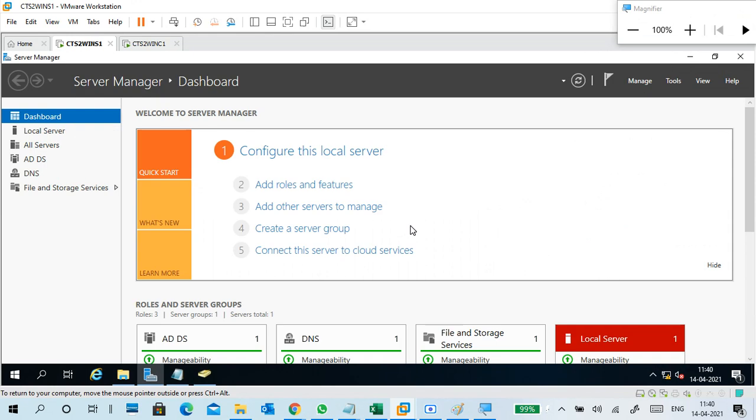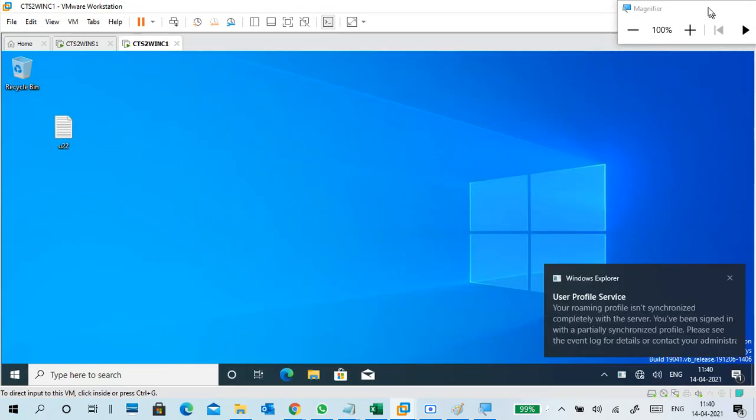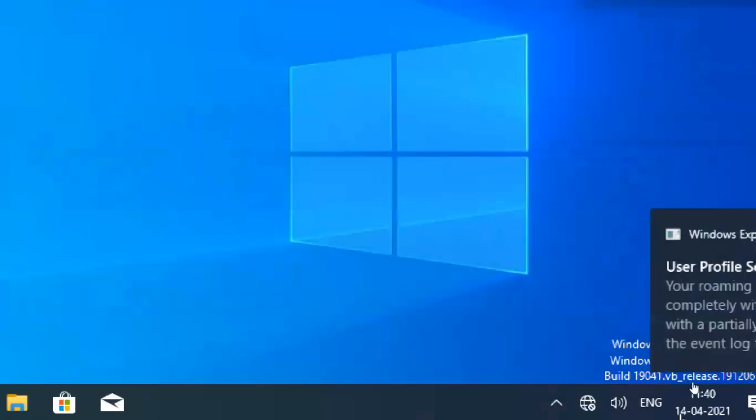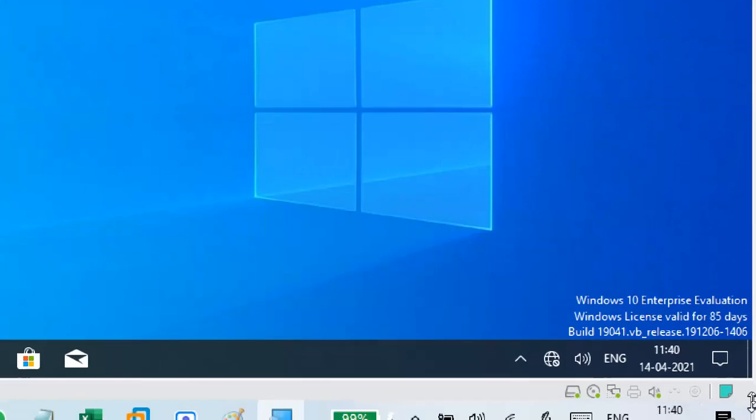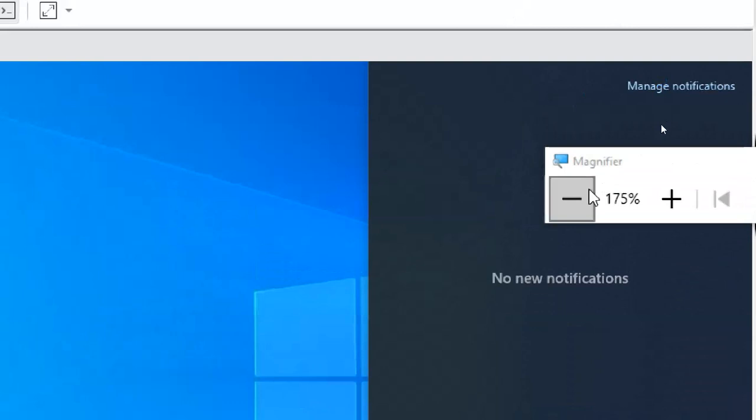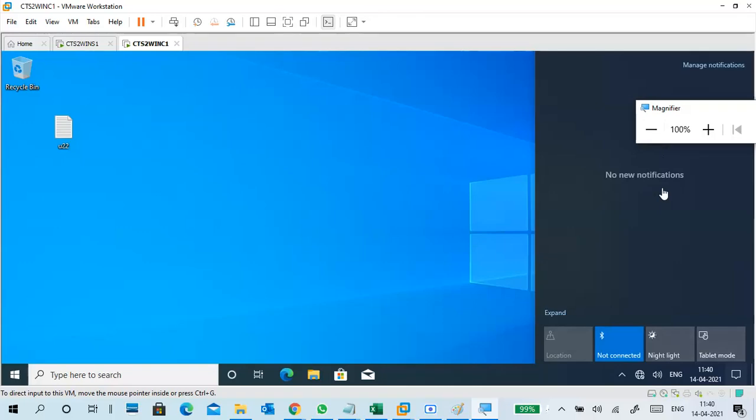One more small practical is there, so we'll do that one. I got a notification here. Notification gone, no problem.